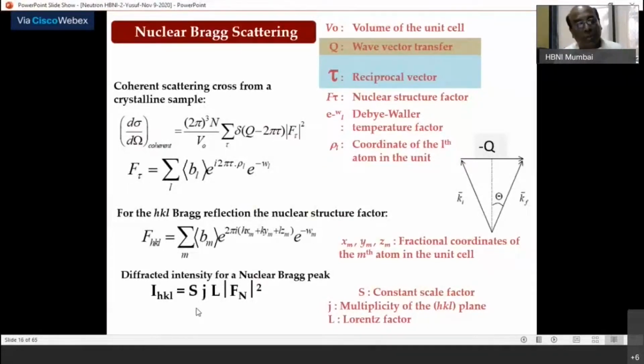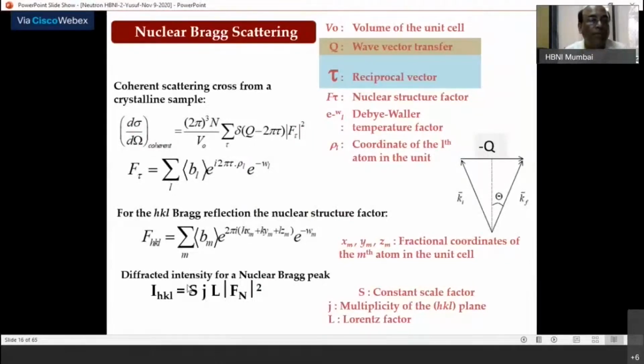Or in a given instrument, let us say we have a diffractometer at Dhruva, I can design the instrument so that I make a tighter spatial collimation. How do you do that? You put more strict collimators, so you are cutting down the beam. Of course, you are gaining spatial resolution. You want to separate out two Bragg peaks which are closely placed, that is the way it is done. But what you lose is intensity. So that means the S factor will change, depending upon the instrument configuration and the collimation.